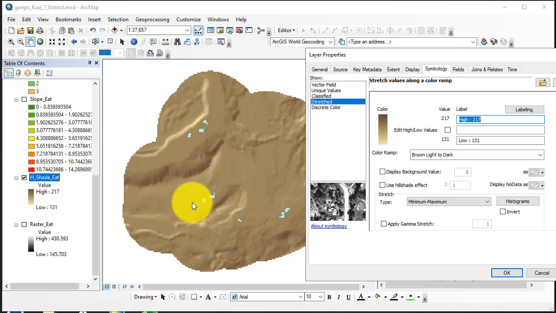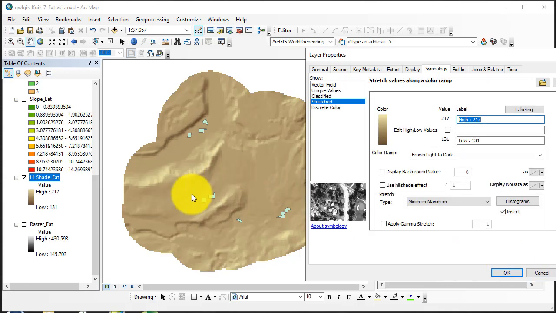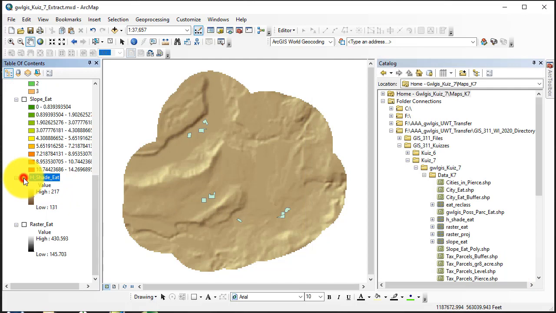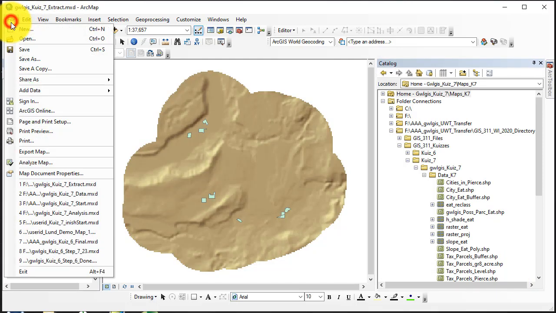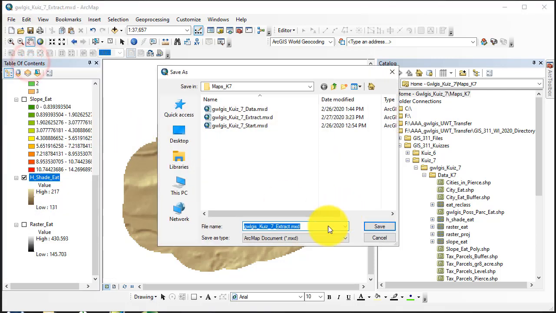Notice though that this is inverted. It looks as though this is a plateau. So let's invert, click apply, and now it looks more realistic. This is a low-lying area and this is a ridge, and we could turn on the slope. Oh, we can't with this on, but this is a much better view. We'll click OK. I'm going to turn that off for now, or leave it on. It doesn't really matter. So I'll save my final map, save as,